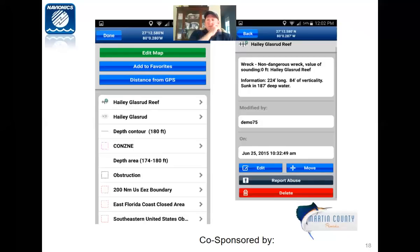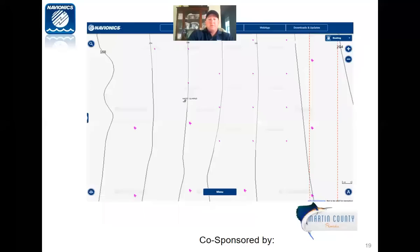And what we want to do is get back to fishing. So there's another shot of the Haley Glassford Reef. I'm going to talk a little bit right now about